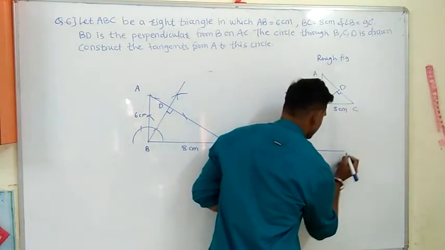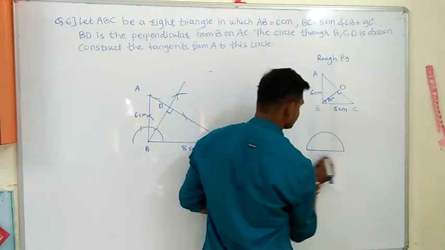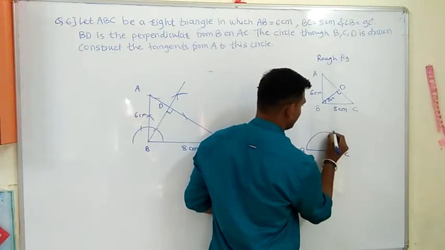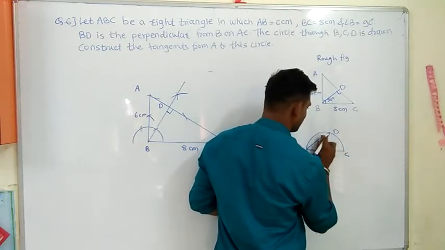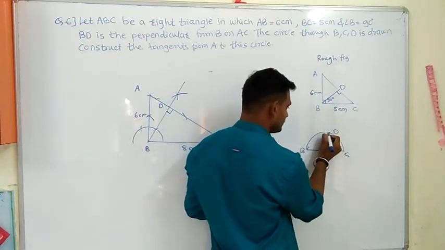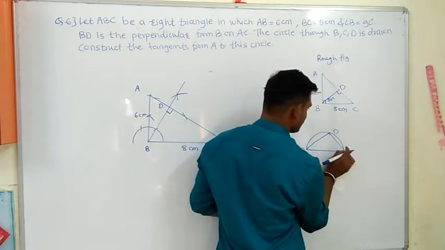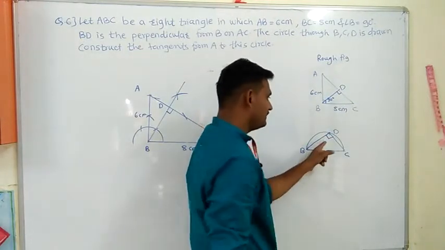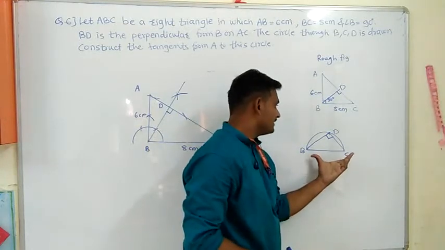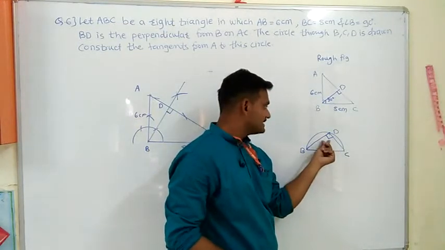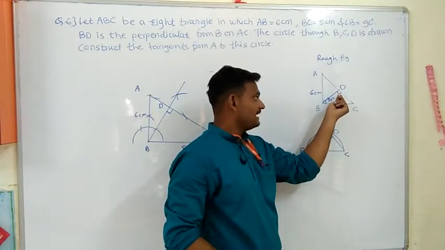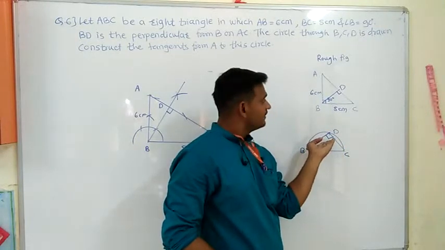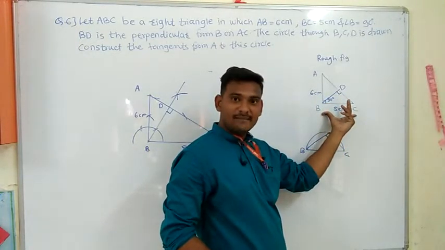Now see here, observe here. I will draw a semicircle like this, and the circle is passing through the points B, C, and D. These 3 points, the circle is passing through. We know the angle BDC is equal to 90 degree. Now can we say that this BC acts as a diameter or not? This angle is 90 degrees, nothing but an angle in a semicircle. Therefore, we can assume BC as a diameter here.